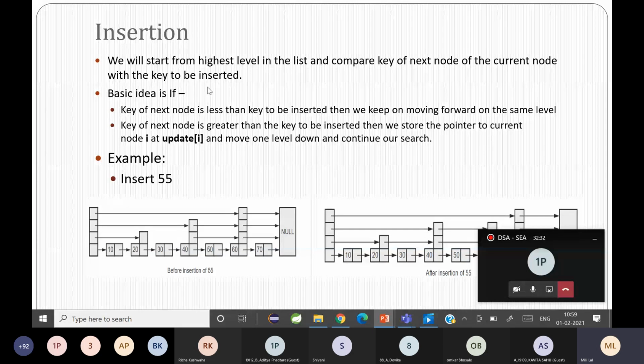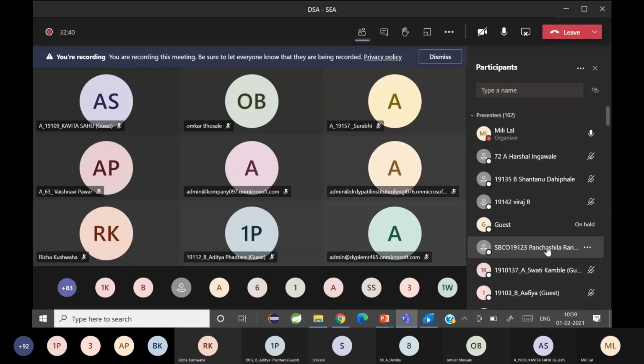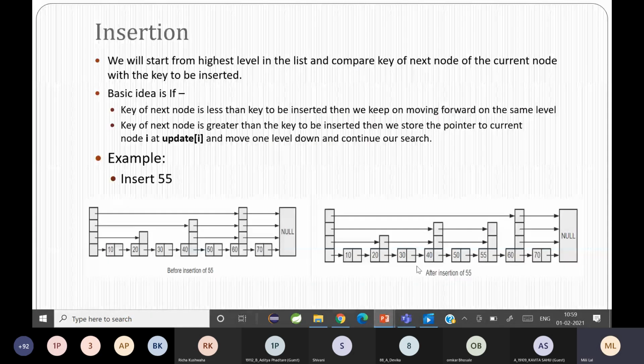So you can see an example below. Can somebody explain that example to me? Can you all see the screen? Here it says insert 55, so how will we do it? Can somebody tell me how it is going to work?